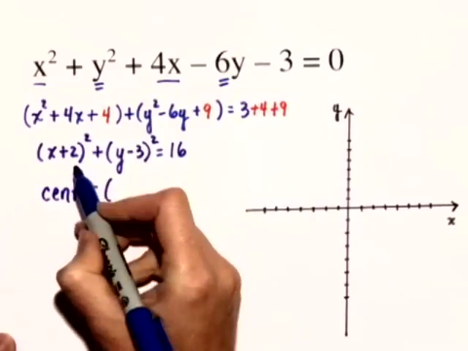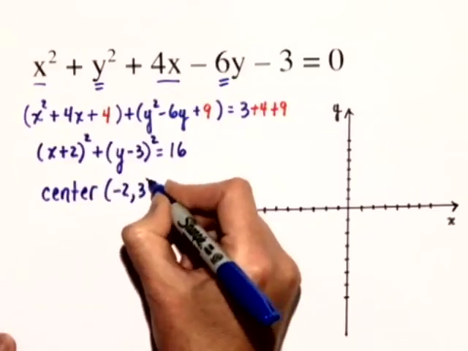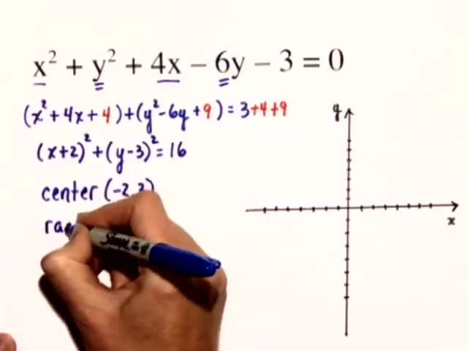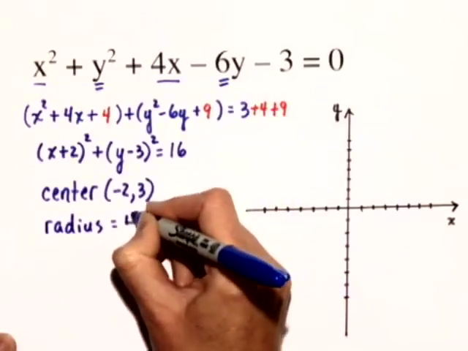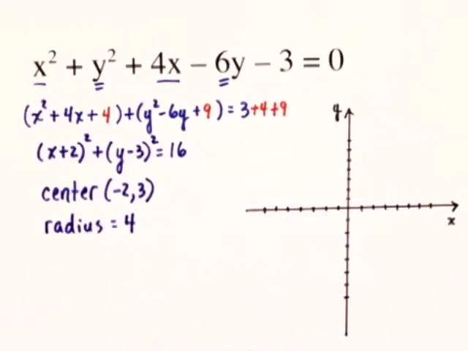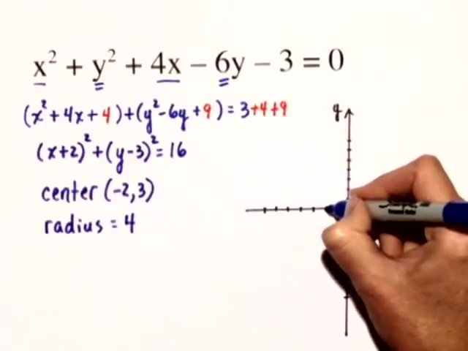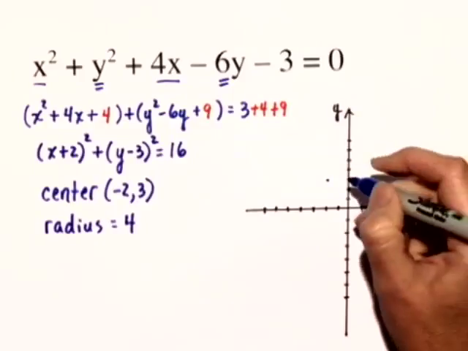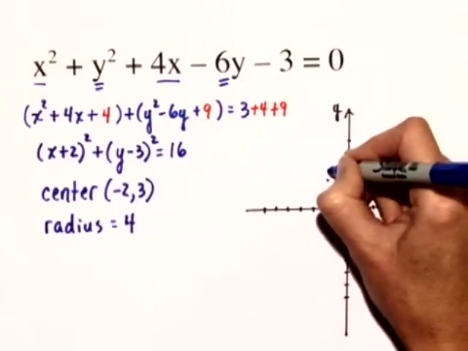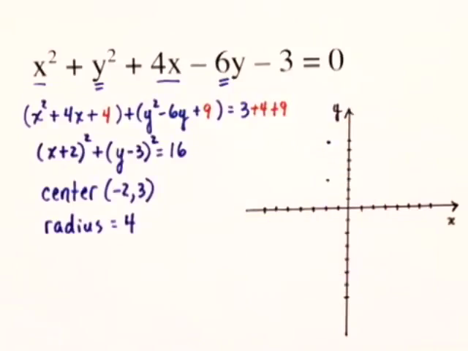My center is going to be -2, +3. And my radius is going to be the square root of 16, which is 4. So on my graph, first, I'll find the center, -2 to the left, up 3, and then I simply go up 4, so 1, 2, 3, 4. That gives me the point